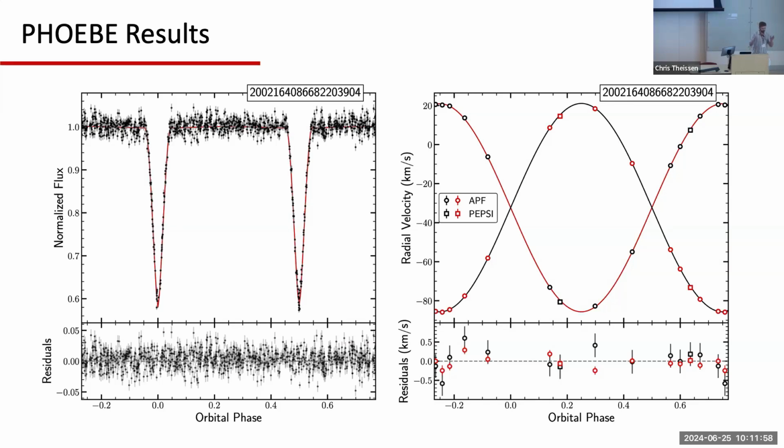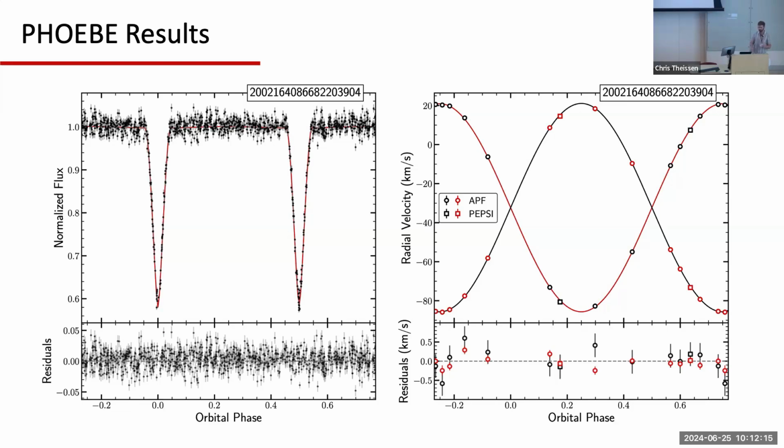So these ASAS-SN light curves are great. I'm not biased. We have these nice, well-defined eclipses with very precise minima. So this means we can get good constraints on the inclination and on the fractional radii of these stars. When we add in the radial velocities on the right, we can turn those fractional radii into physical radii and